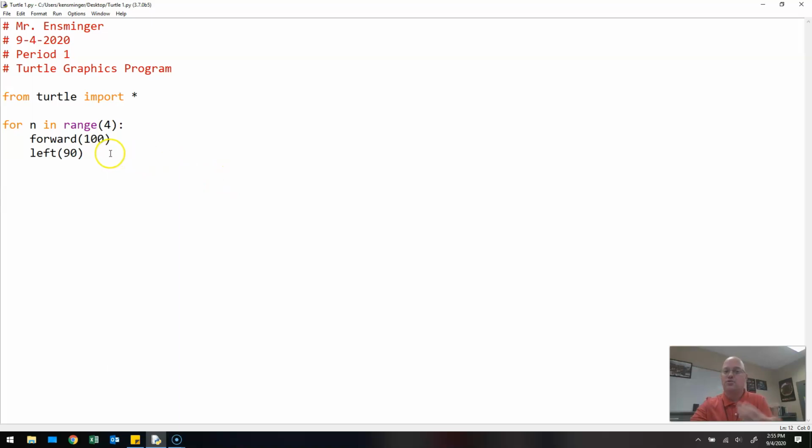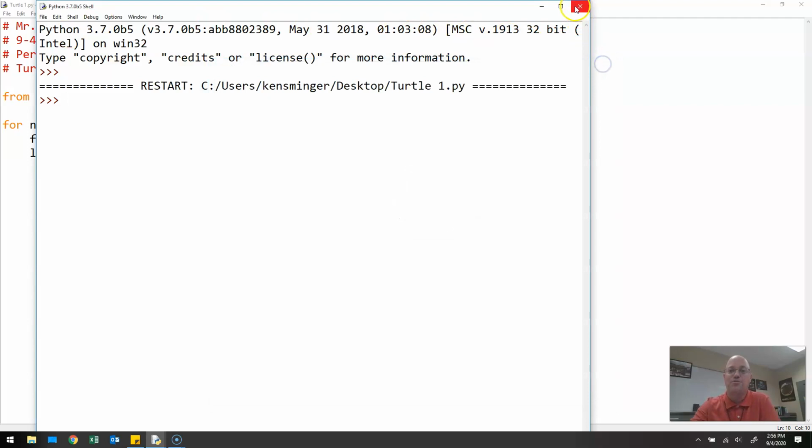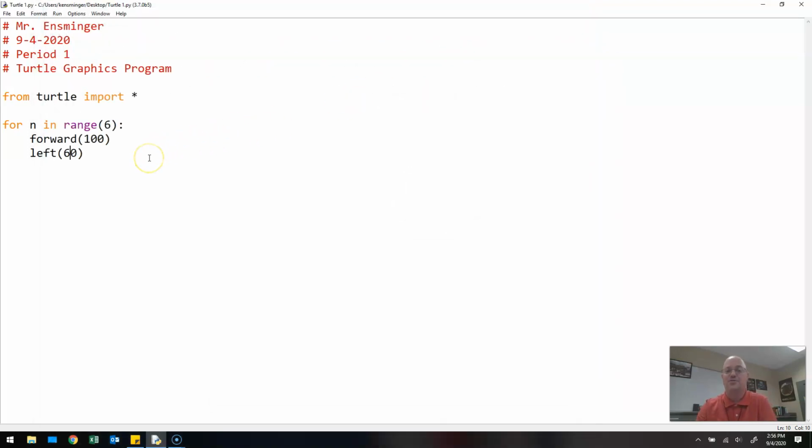If I start making some changes, I could say, how about let's make 6, and how about 60? Let's see what that does. See, one of the cool things about this is you can experiment to see what happens. And ooh, look, now you have a hexagon. The product of those 2 numbers has to go to 360. So 4 and 90, 360. 6 and 60. What if I do